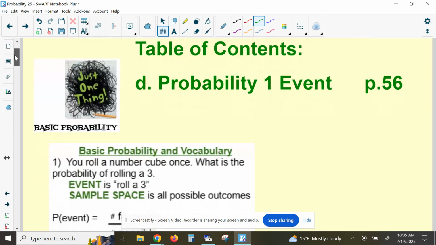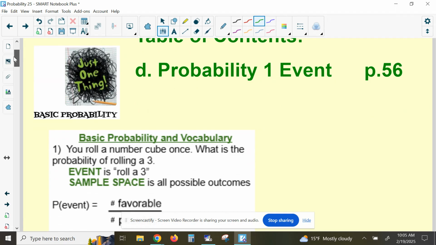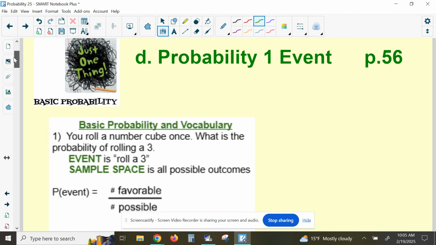Three years later. Okay, so yesterday, FYI, we added to our table of contents. I'm sure if you were absent, you probably saw this. We all added it yesterday, so do make sure your table of contents has this one. Remember, this foldable is all